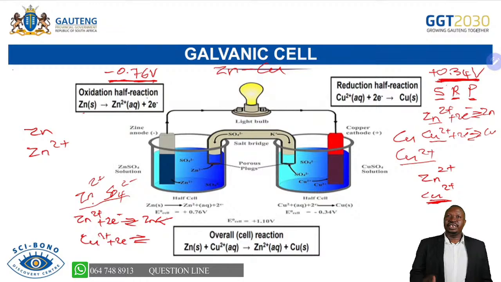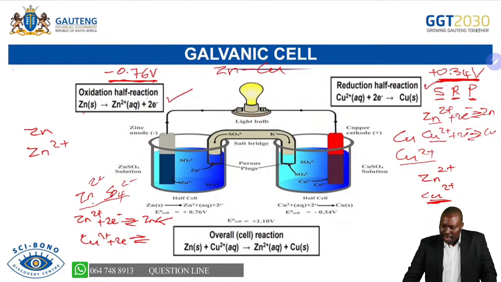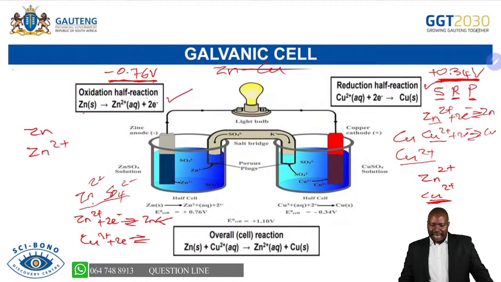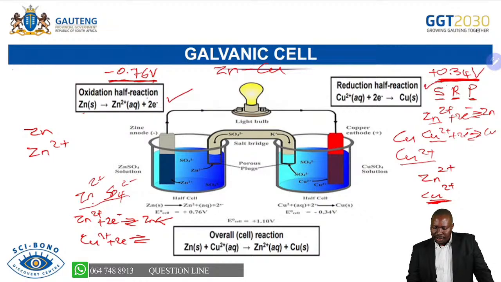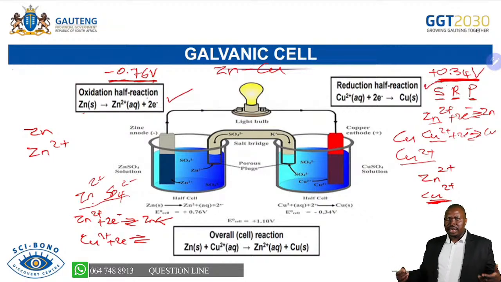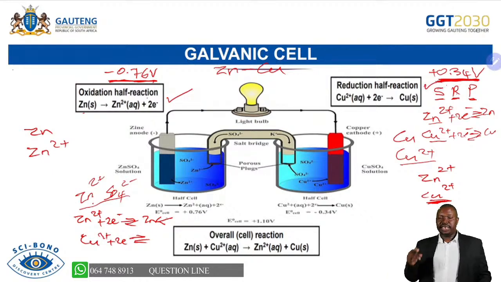So when you write the oxidation half equation, you will write this one that is on your table, the one having a lower standard reduction potential will lose electrons. The one with the higher standard reduction potential will gain electrons. And then when you have done that, we are able now to bring the two together and do what we call our overall cell reaction, which now we said the first thing you look at is the balanced